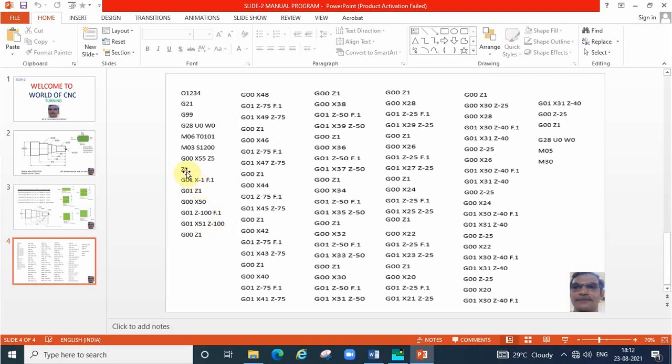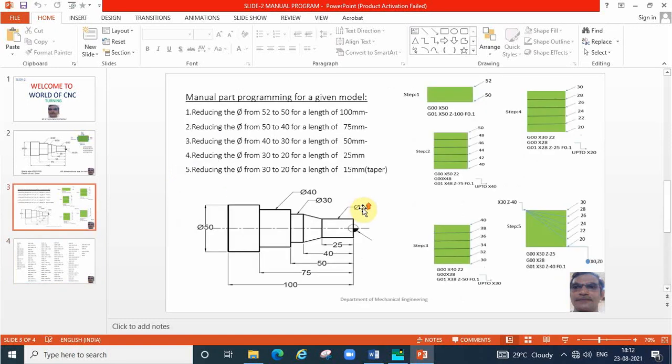And move the cutter to Z0, that is a reference point. Now we are doing the facing operation. Now bring down the cutter to X minus 1, instead of X0, say this is our reference point. Due to the nose radius of the cutter, don't stop the cutter at X0 and Z0.